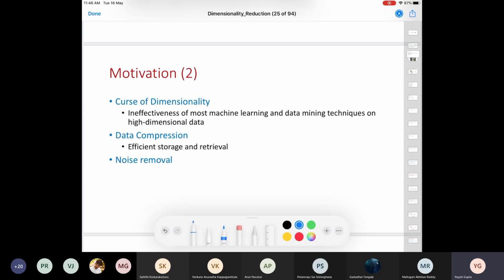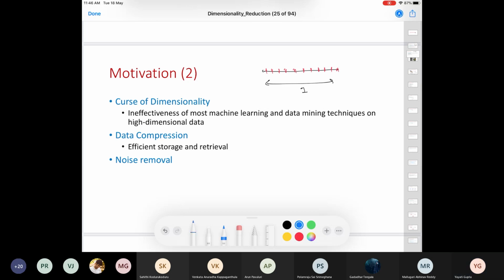Let's say I have a one-dimensional data set, and assume that this line has a unit length. The second assumption I'm going to make is that the data points that come from this unit length vector follow a uniform distribution. So if you pick any point, the probability of sampling this point is equal with respect to all the other points.